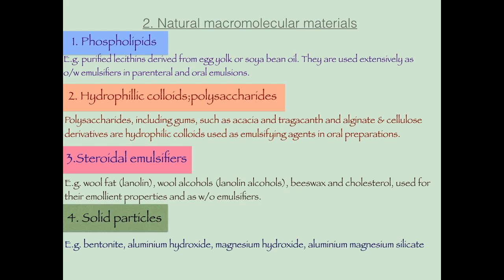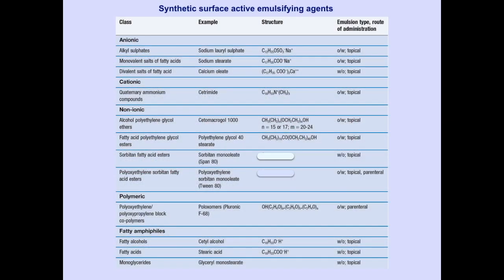If the solid particles are preferentially wetted by the aqueous phase, they will produce oil in water emulsion, and if these solids are preferentially wetted by oil phase, they will produce water in oil emulsion. Their effectiveness in stabilizing the emulsion will depend on particle size, particle shape, wettability, interparticle interactions, and the emulsion medium.